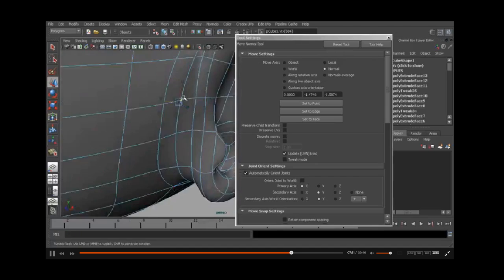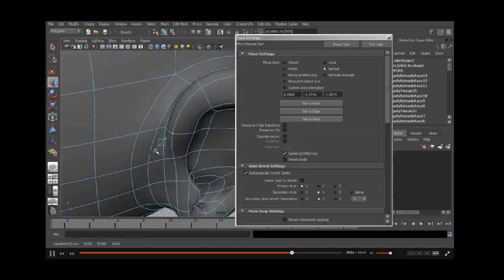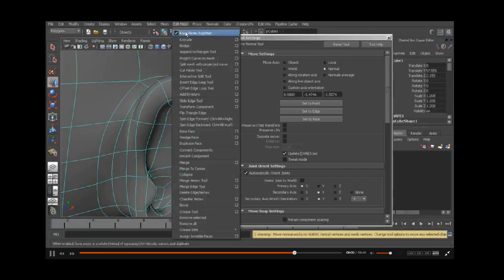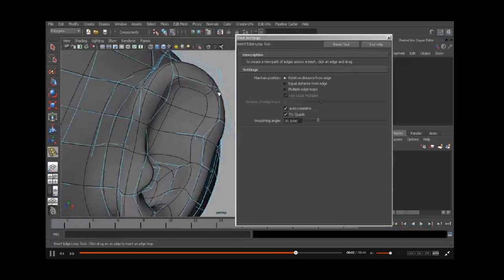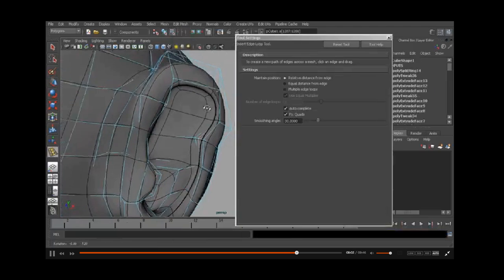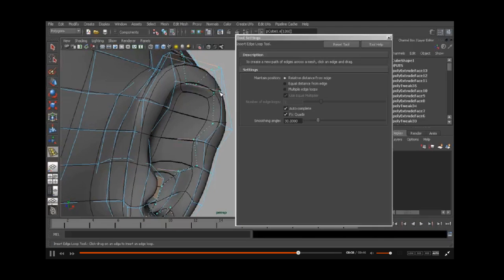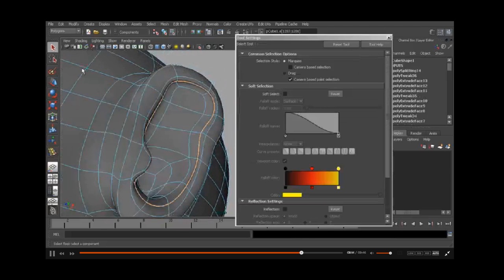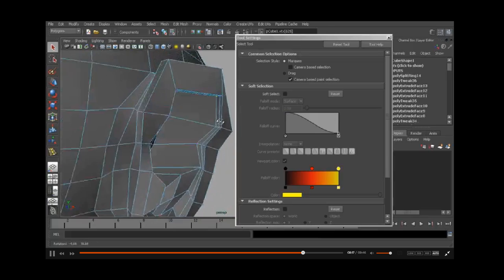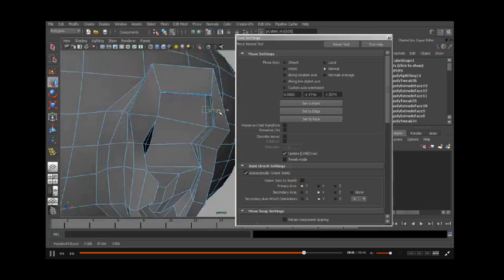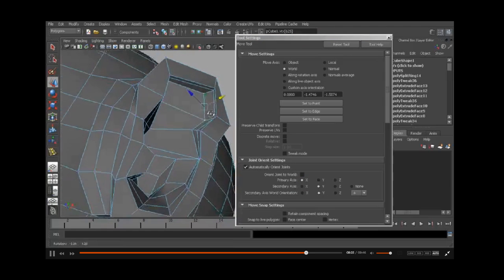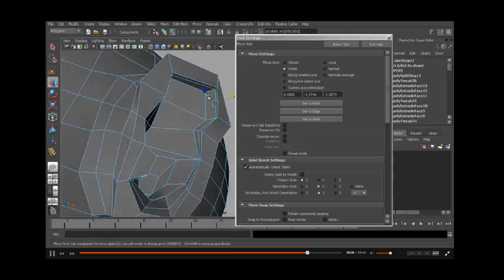So now at this point, what's left for me to do is really just some pushing and pulling of points. And like I said, if you want to define this a little bit more, you could come in and insert an edge loop inside here to help define that a little bit more. Oops. There. And you can see it kind of sharpens that up. And then what you would want to do is probably come in and use these points to help define sort of the middle, or the middle of the ear. So we could add a little bit in there and just kind of smooth that out a little. So it's not